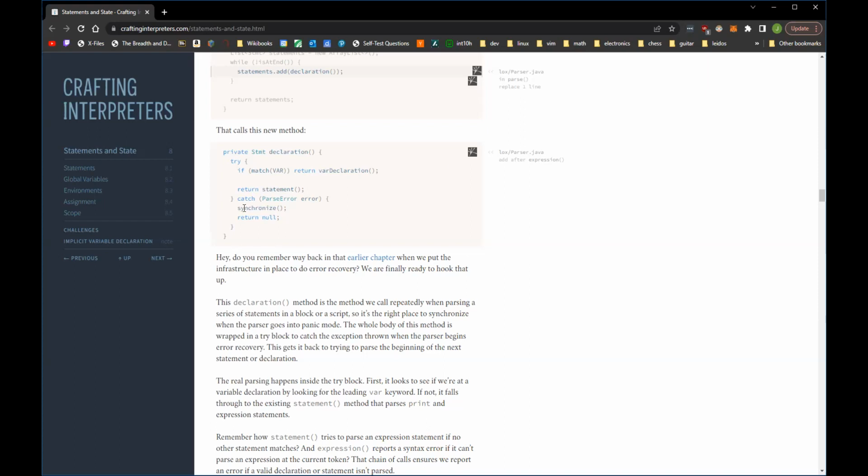So I've only implemented my interpreter up to chapter 6, but it looks like we implement a synchronization method for statements as well.